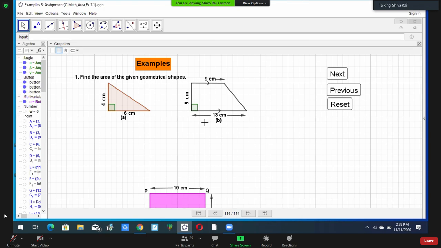Quadrilateral means a closed figure bounded by 4 line segments. This trapezium is also a quadrilateral. There are so many: rectangle, parallelogram, trapezium, kite, rhombus, all of them are quadrilaterals. They have special names. Just like students: in students there are so many, boys also, girls also, in boys also different names, in girls also different names and different ages.